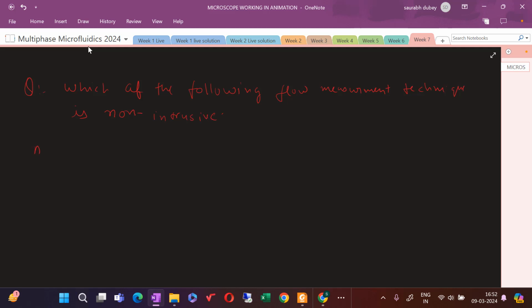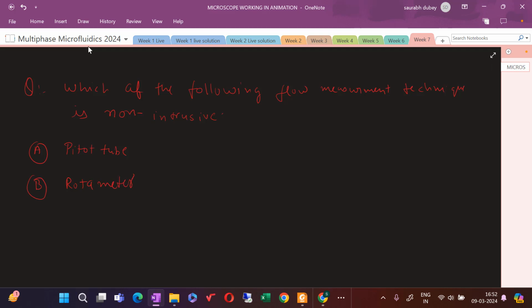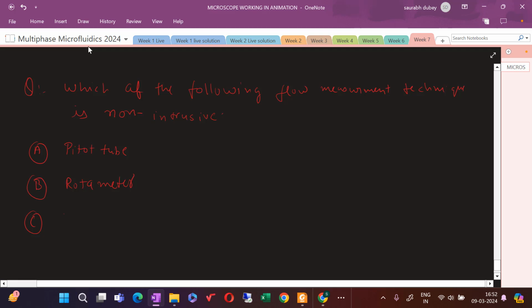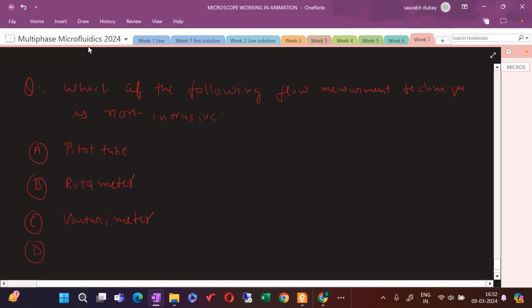Option A is pitot tube. Option B is rotameter. Option C is potentiometer. Option D is particle image velocimetry,